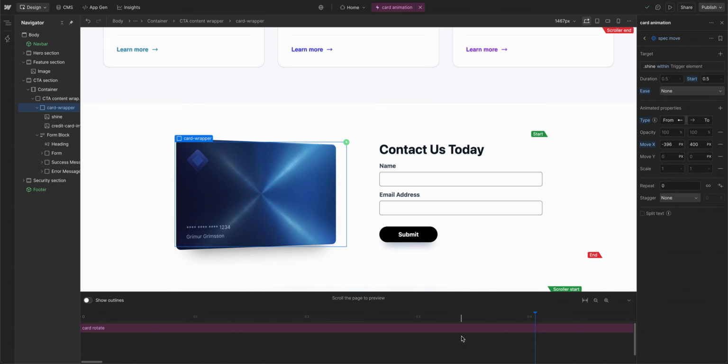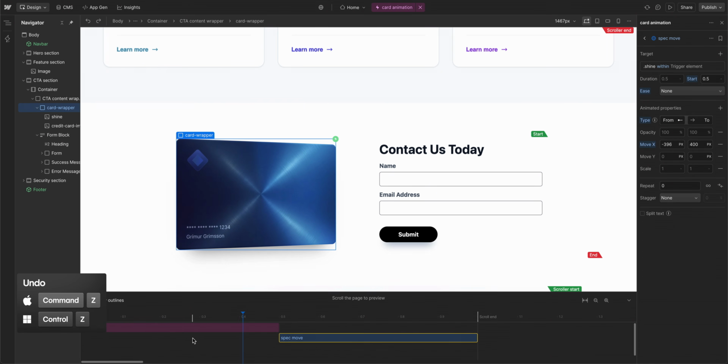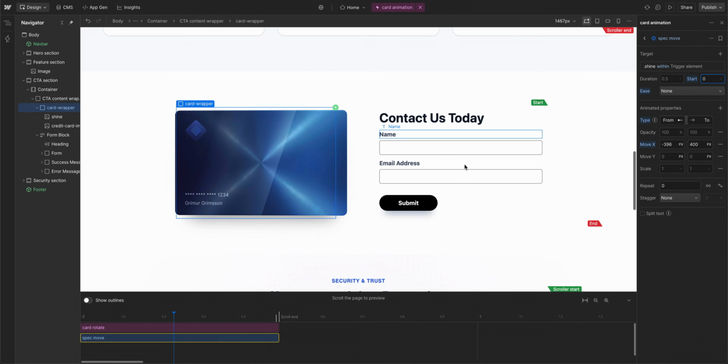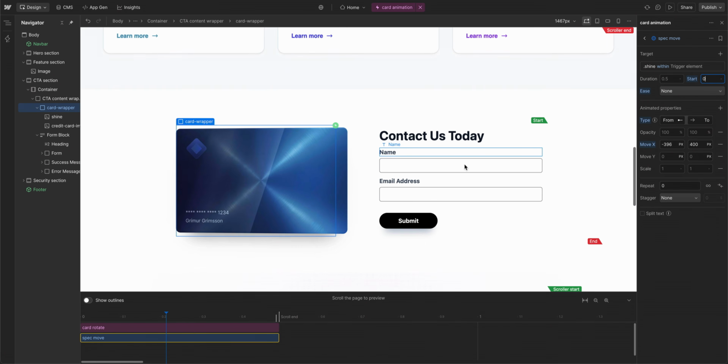We have our timeline down here at the bottom. And if I just kind of pinch to zoom, I can change the overall scale that we're looking at here. So I can just grab the specular highlight move and move that over to the left so that it happens at the same time. Or if I undo here, another way I can achieve that is just change the start time to 0, just like that. Now you'll notice as I scroll here, the specular highlight is animating at the same time that we're rotating the